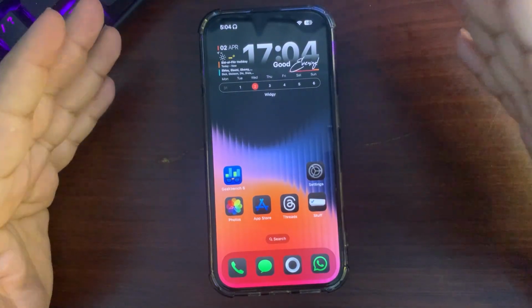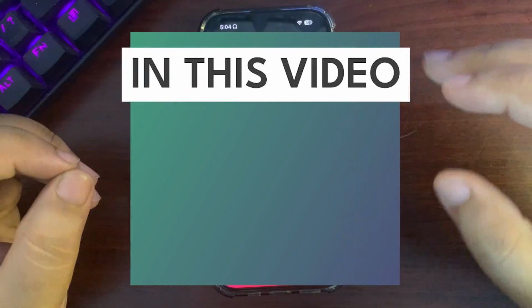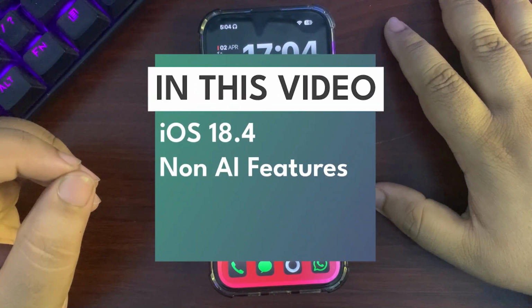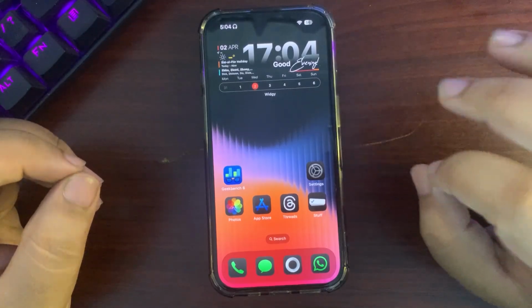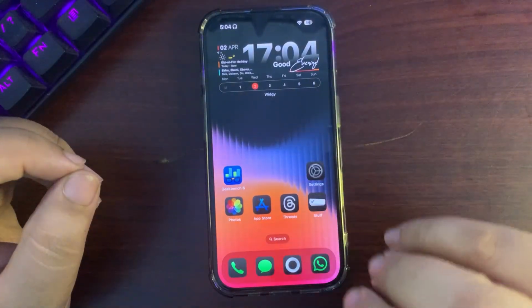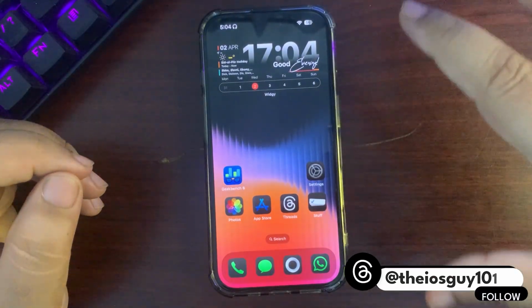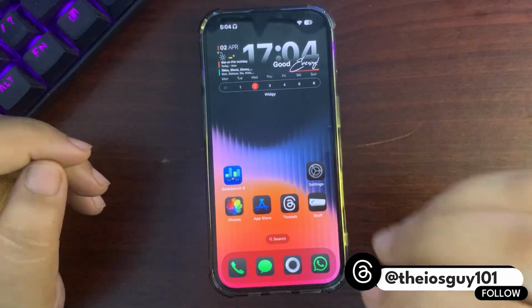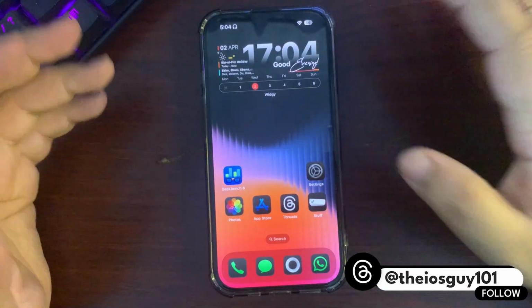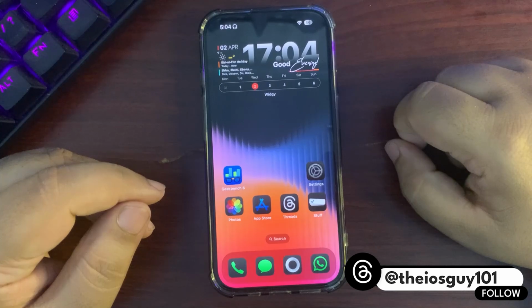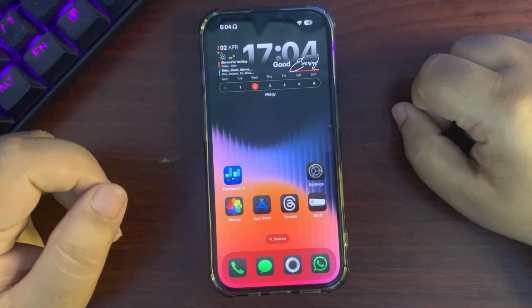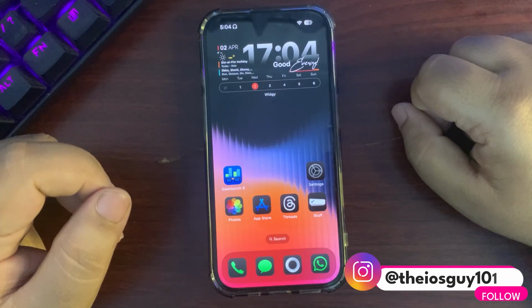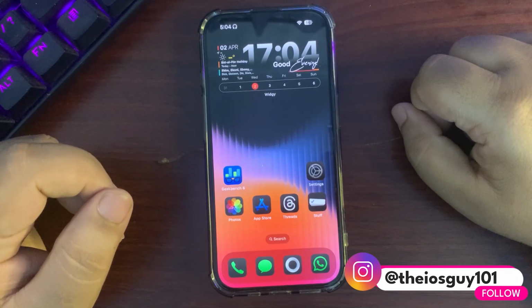In today's video, I'm going to talk about all the new features of iOS 18.4. I mean all the new non-Apple Intelligence features. So in this video, I will not be covering AI features. These features are available on every other iPhone because they are not related to Apple Intelligence. So without any further delay, let's dive into this video and see what is new with iOS 18.4 for